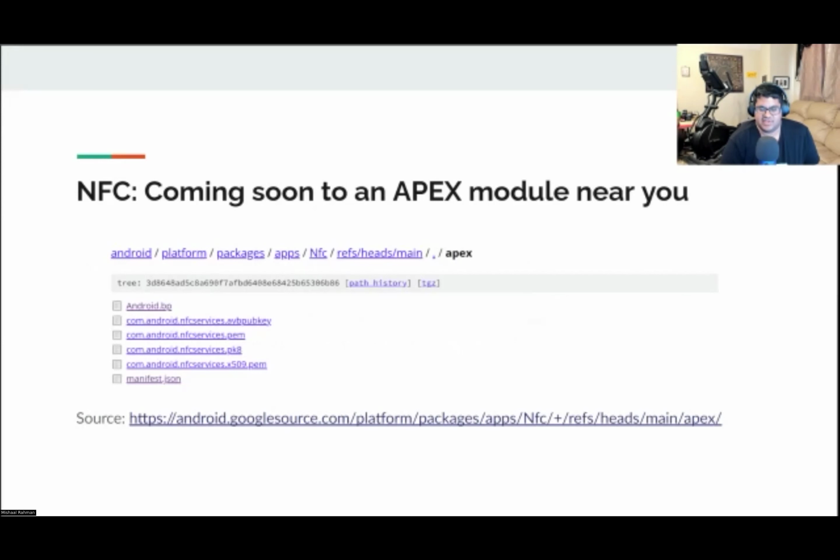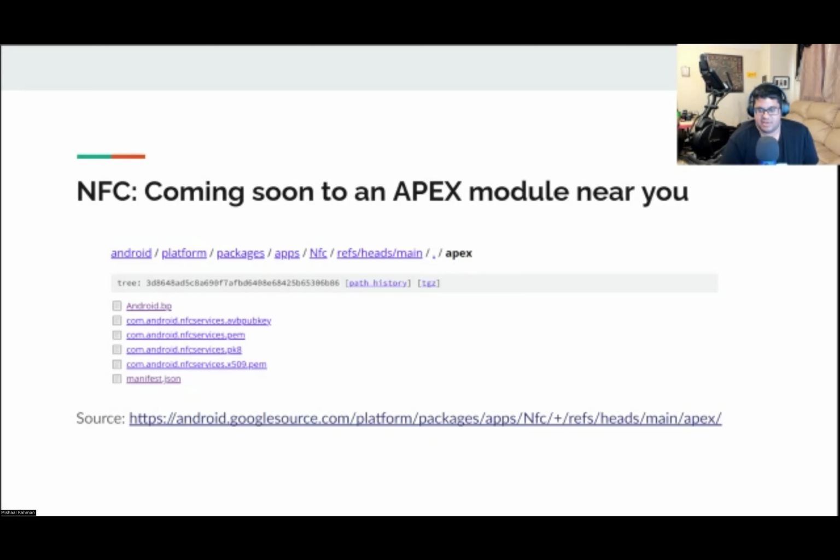First, there's the NFC stack. Currently, AOSP's NFC stack is provided by the platform APK, the com.android.nfc package under the packages/apps/NFC repo, and APIs are provided through the framework NFC jar file located in the framework directory. To make these updatable, Google plans to migrate both of these to a new Apex module with the package name com.android.nfcservices. This has yet to happen, though, because if you look at the build flag that actually migrates these to the NFC Apex, it is disabled, so you'd have to flip that yourself.